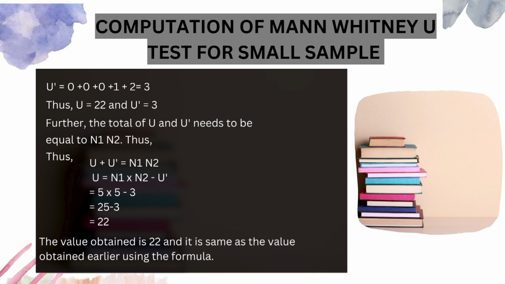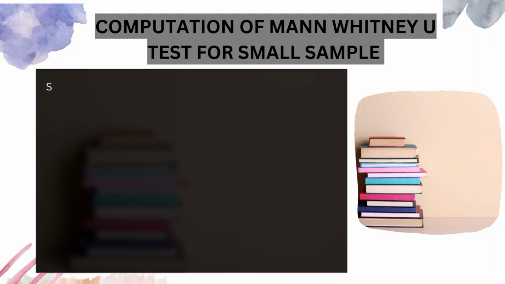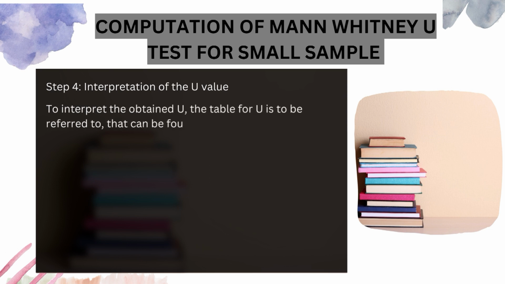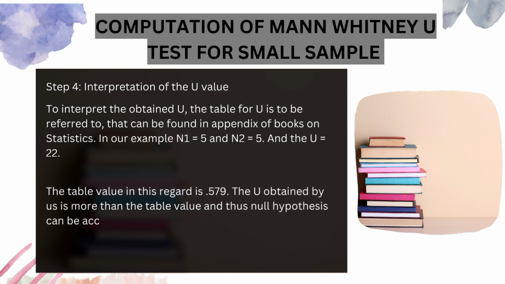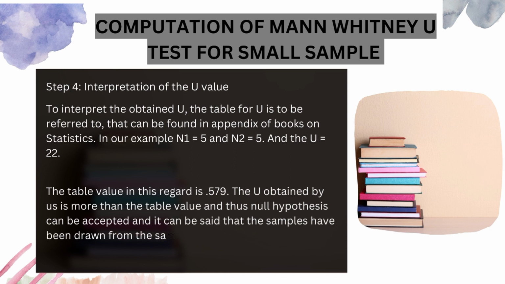Now, let us talk about step 4, and this is the final step of computing the Mann-Whitney U test when the data sample is small. Step 4 is interpretation of the U value. To interpret the obtained U, the table for U is to be referred to, and that can be found in the appendix section of books of statistics. In our example, N1 is equal to 5 and N2 is equal to 5, and U is equal to 22. The table value in this regard is